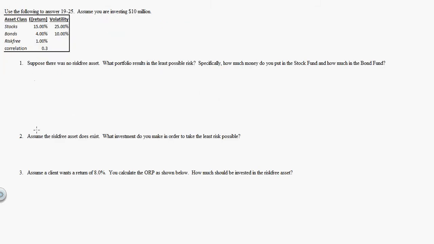Okay, so 19, 20, and 21. Assume there's no risk-free asset. What's the least possible risk? How much should I put in the stock in the bond fund? So I need to have the minimum variance portfolio is what I'm looking for, which will be this formula: variance of the bond fund minus the covariance of the stock and bond divided by the variance of the bond plus the variance of the stock minus 2 times the covariance of the stock and the bond. And remember, the covariance of the stock and the bond is equal to the correlation 0.3 times the two volatilities, which is